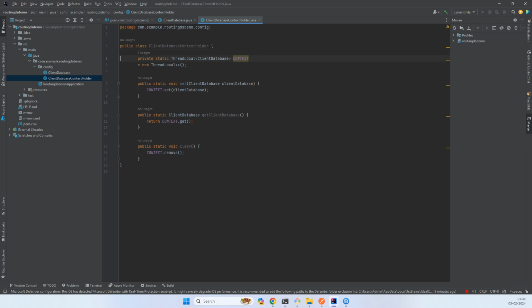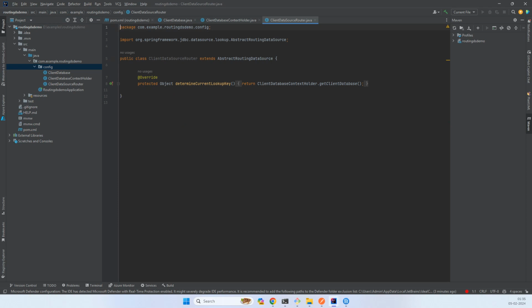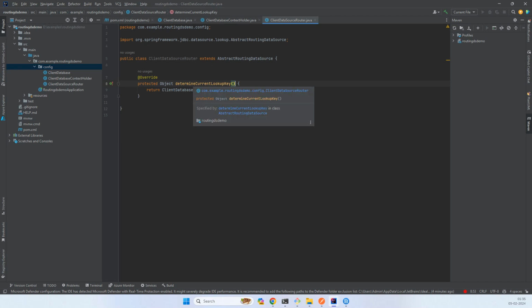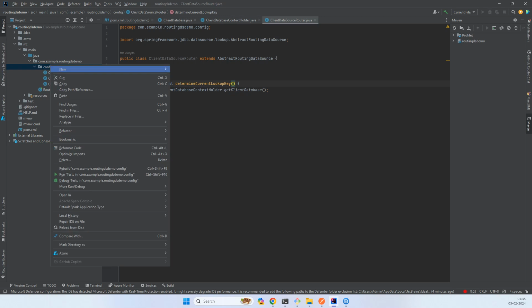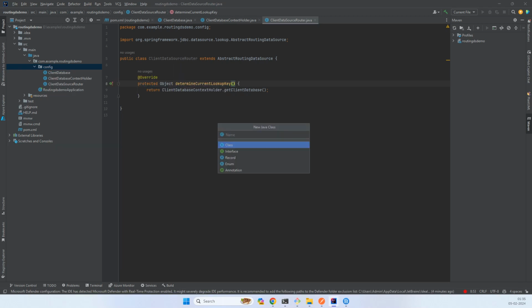All right, now we'll also create another class which extends the abstract routing data source, and which determines the current lookup. So it will see which data source is currently being used in this context, whether it's DB1 or DB2. It will use this determine current lookup key method, and it will get the database or data source, in basic words, I would say. And then we'll have another class, I would say data